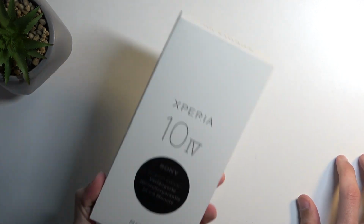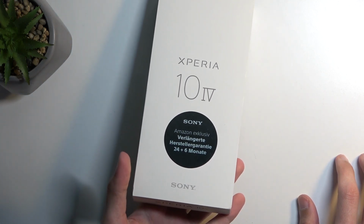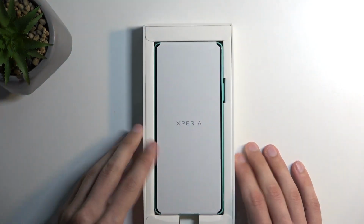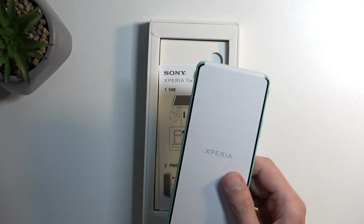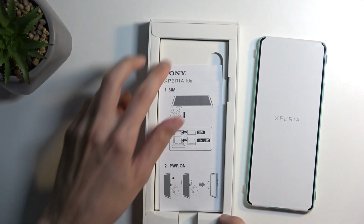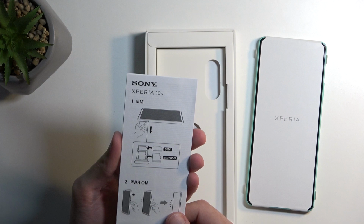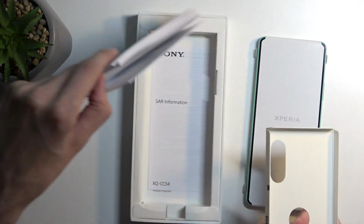There is something written on here, but I have no clue what that is. It looks like a warranty, but it's not my language, so whatever. Anyway, popping it open, we have access to our device. Looks pretty nice. Now this is going to be the more budget version of the Xperias. So the 10 is, based on the specs, probably the lowest end one they're offering. Anyway, and here we have some instructions, and we also get...